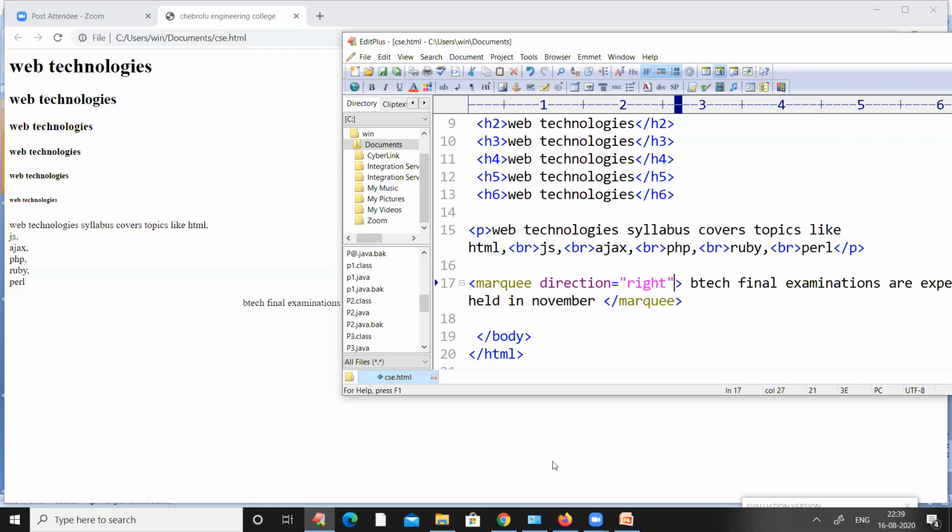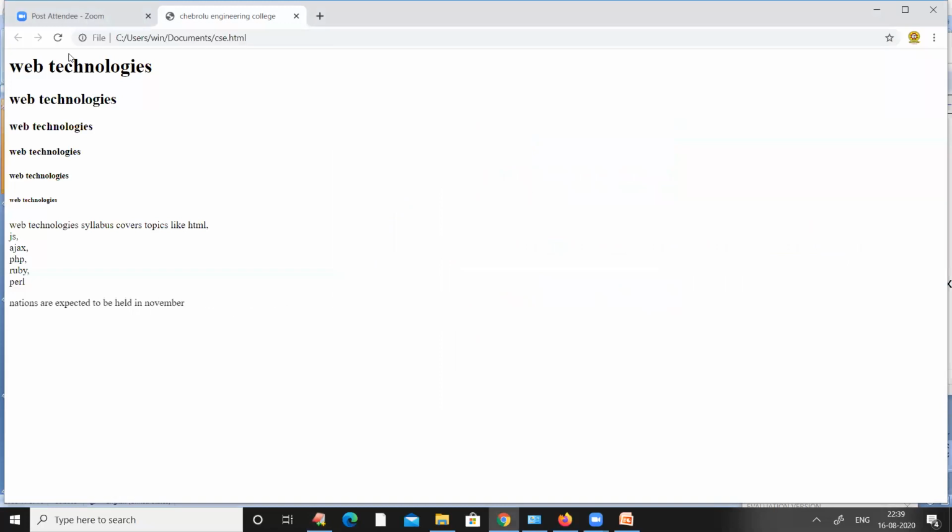So let us have a look at one more attribute. There is one more attribute called scroll amount. For example, I have given 20, and I saved this particular file, and then I used the refresh button.